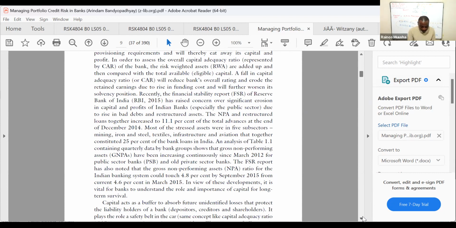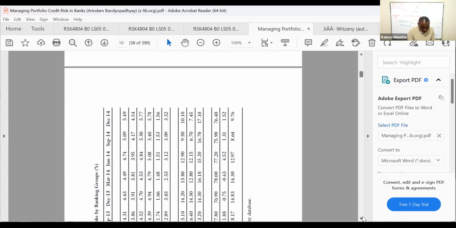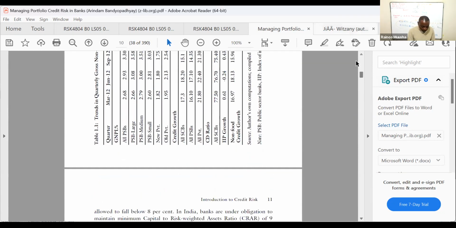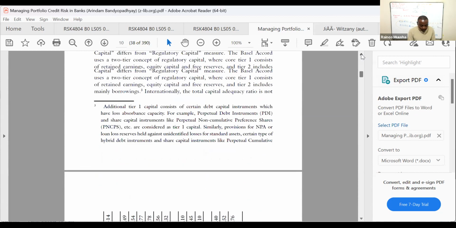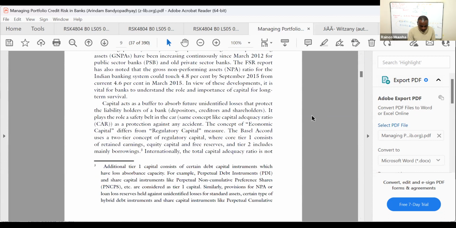So in analysis of table 1.1 containing quarterly data by banks shows that the gross non-performing assets have been increasing continuously since March 2012 for public sector banks and old private sector banks as well. So they give us that information in the table below as well. But I don't think for exam purposes we need to worry much about this particular table. That's why I'm going to skip it for now. So here they say,